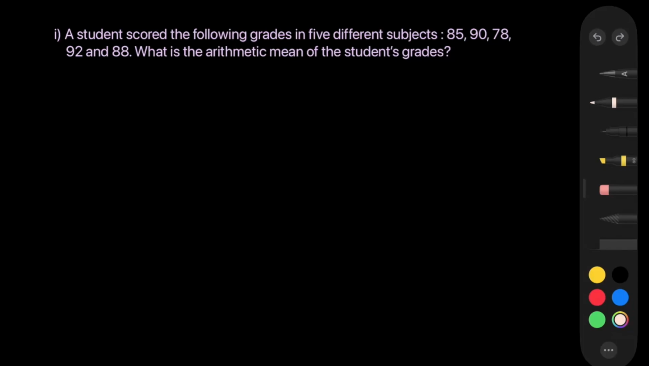A student scored the following grades in 5 different subjects: 85, 90, 78, 92, and 88. What is the arithmetic mean of the student's grades? So,